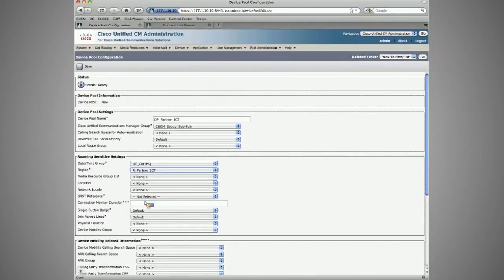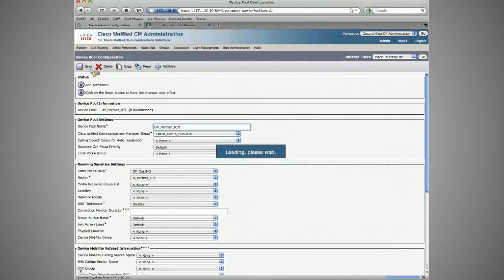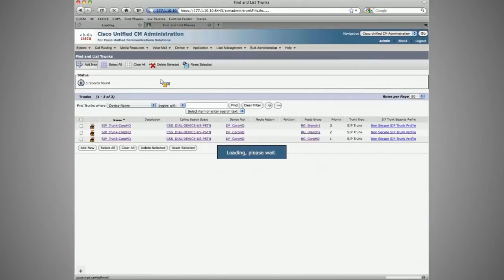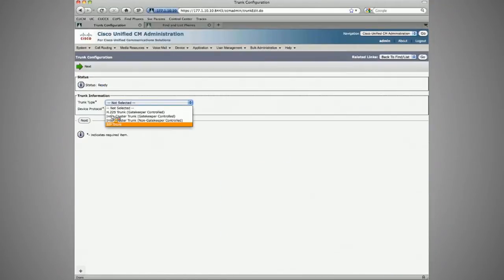Really care about, put something in for time, really care about is the region. An asterisk reference, we have to put something in, but other than that, we don't much. Then we'll go back and